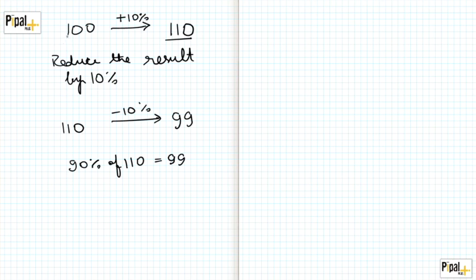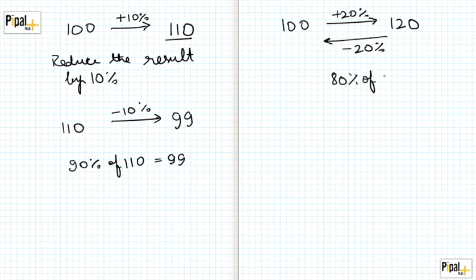So what has happened is that we start with 100, we increase this by 10%. Now the result, when we reduce by 10%, we do not end up at the same number, right? Let's see what happens for 20%. Let's start with 100, increase 100 by 20%, it becomes 120. But if we reduce 120 by 20%, it becomes 80% of 120, which becomes 96